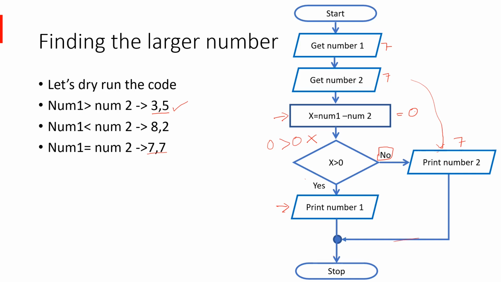So you can see that there is an issue with the program where we have not handled the situation where both numbers are equal, because our objective is to find the largest number. If the numbers are equal, then what we need to do is tell the users that the numbers are equal, and there's no larger number out of those two numbers. Okay, let's fix that.